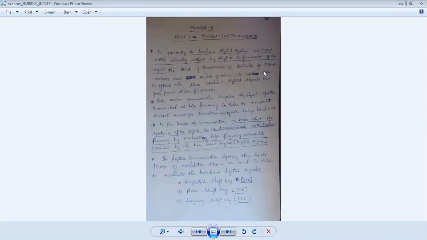So it is the same analogy as our analog communication, where you find two types of modulation. Number one, amplitude modulation. Second, frequency modulation. Similarly, amplitude shift key, phase shift key, and third, frequency shift key. These are the three methods of digital modulation techniques used on the signal, that is, the binary sequence of pulses, the information in digital communication, before transmitting the message from the transmitter to the receiver.